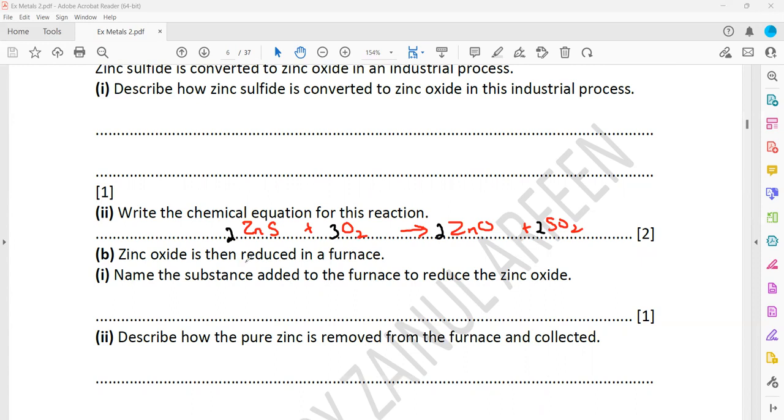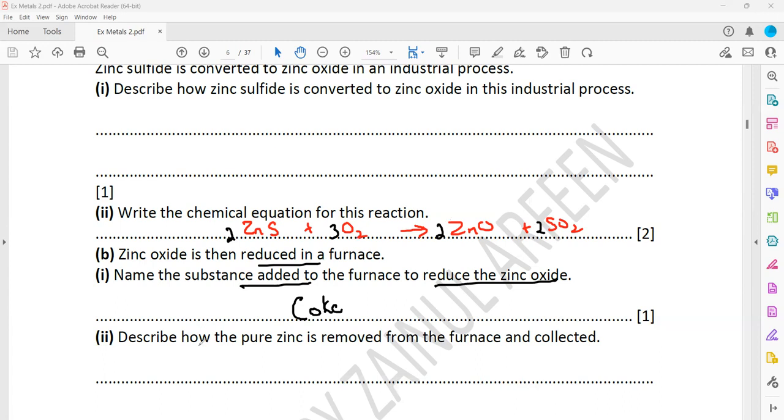The zinc oxide is then reduced in the furnace. The term reduction means removal of oxygen. Name a substance which we add in the furnace. For extraction of iron and for extraction of zinc, which substance is added to reduce them? We add coke. Same thing: coke or carbon reacts with iron oxide or zinc oxide, and it will form